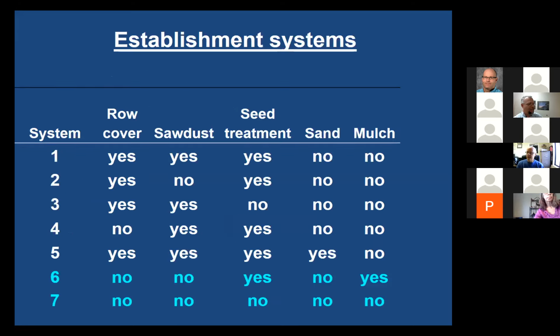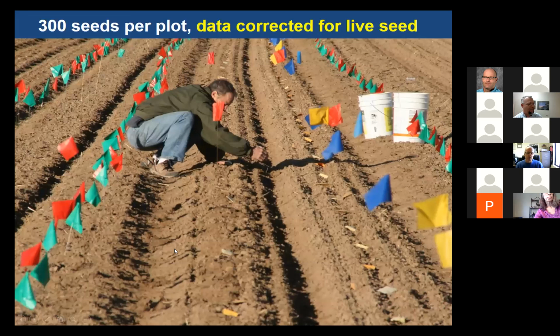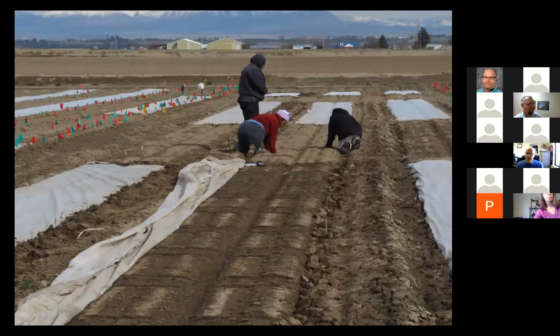So we tried different combinations of these factors in 7 treatments, including a non-treated check that had just the seed placed on the soil surface and nothing else. So the seed was placed on the soil surface in the fall, and then we applied the different treatments. Here in the next picture, you can see us getting ready, planting in the fall by hand. Short plots. We planted a whole bunch of different species and then put the different treatments on. And then in the spring, came back and did emergence counts.